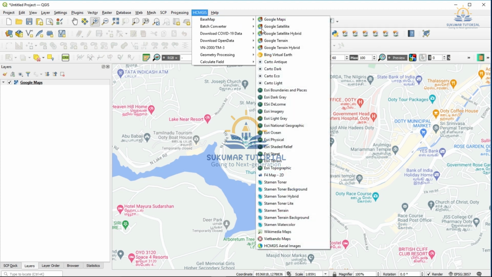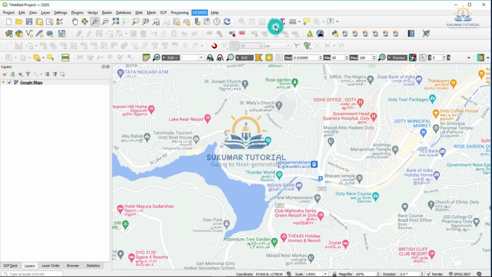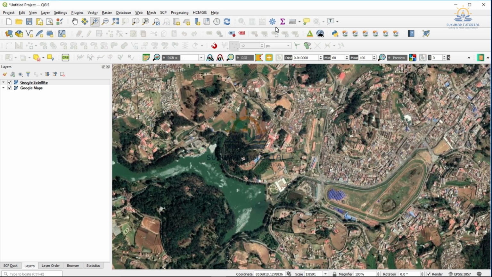Once again I go to the HCMGIS base map. I use Google Satellite. Now you can see very clearly all the land use as well as the outline of the racecourse. Settlements are also very visible. But I am not able to plot some of the locations like restaurants, hotels, hospitals and everything.